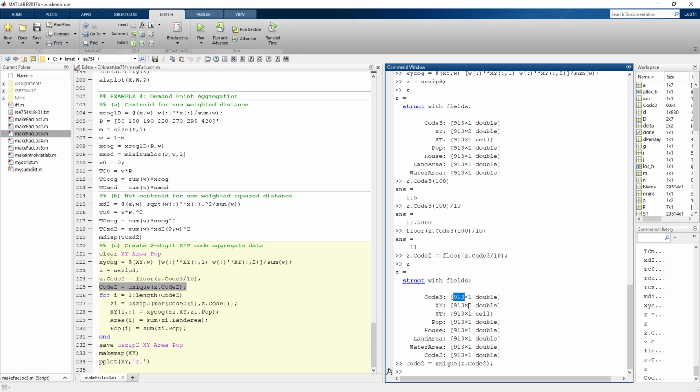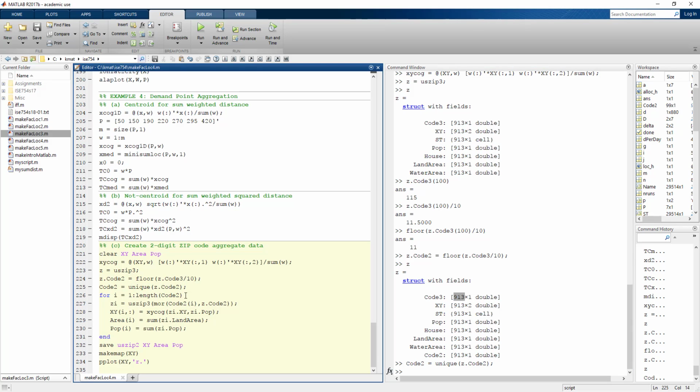Looking at the 913 here, that's not equal to 999, which would hold true if the going-from-3-to-2 rule applied. So there are some 3 digits that don't appear in any 5-digit codes. That's why using unique is important, because you're not spending time or adding erroneous data. Unique allows us to focus on just the unique elements corresponding to unique first 2 digits of 3-digit codes. So with that, now that I have a vector, I can just set up a for loop